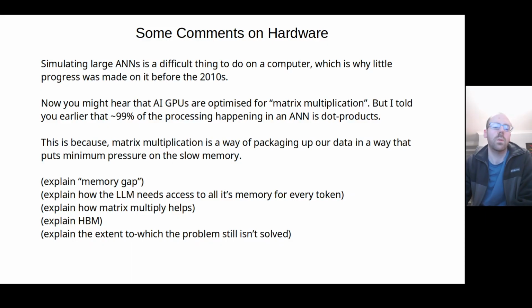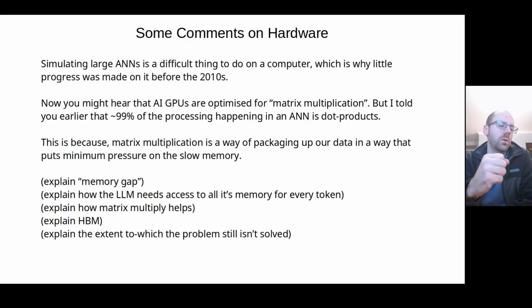Now, they do sometimes use a mixture of experts model, but all that means is that you only need dozens of gigabytes to be active at a time instead of hundreds. So even a mixture of experts model has an enormous working data set, which means the processor cache is just useless. The whole idea of matrix multiply is you're just packaging up a large number of dot product calculations in a convenient chunk of data,